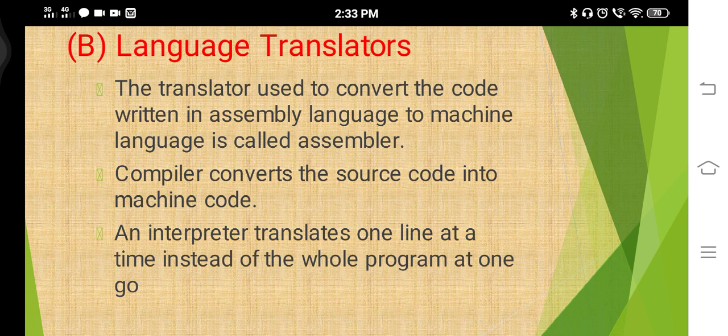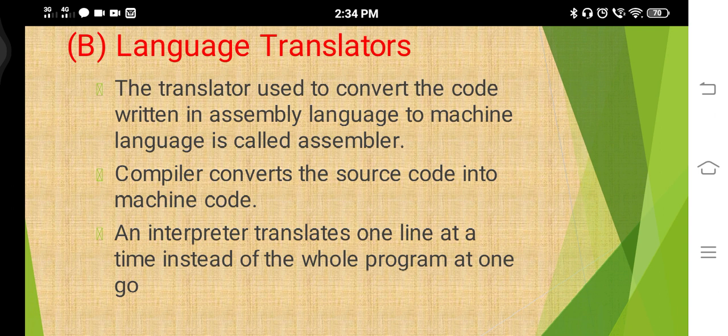The assembler means that for low level language we require an assembler. The assembler translates the program written in assembly language to machine language. To simplify the writing of code, assembly language was developed, which allowed usage of English word-like symbols instead of zeros and ones, because zeros and ones are very difficult to understand and very difficult to remember.